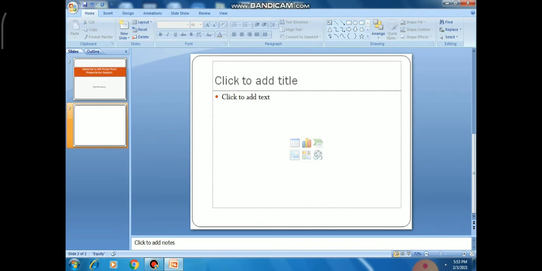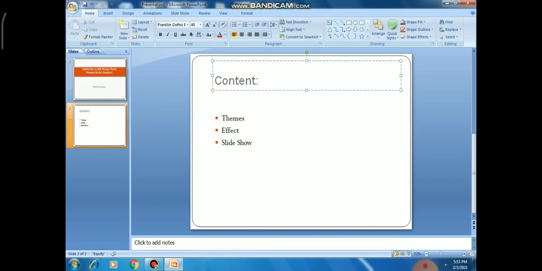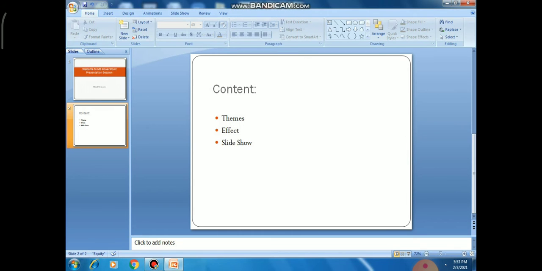Here I am giving a title and content, and I am adding a few elements inside the content, like theme, then effect, and also slide show. So dear students, this is the way we can add content into the new slide.